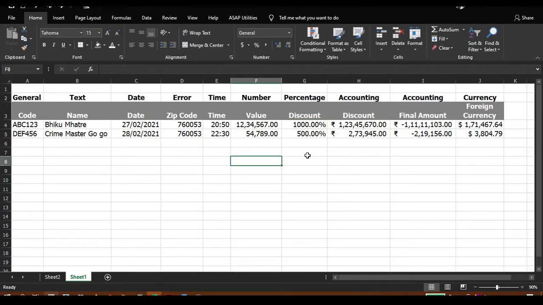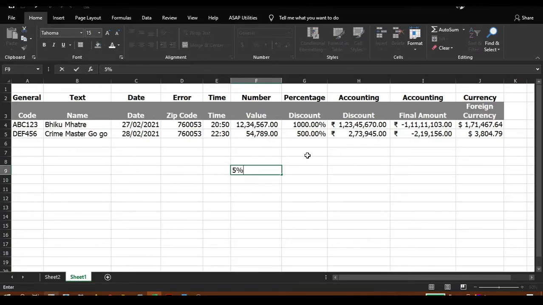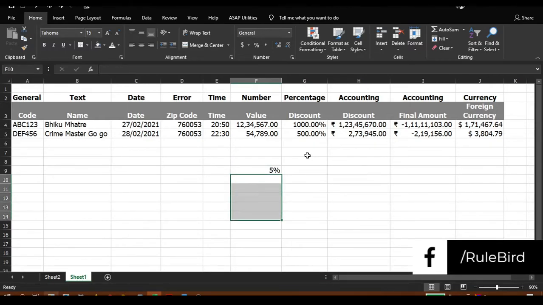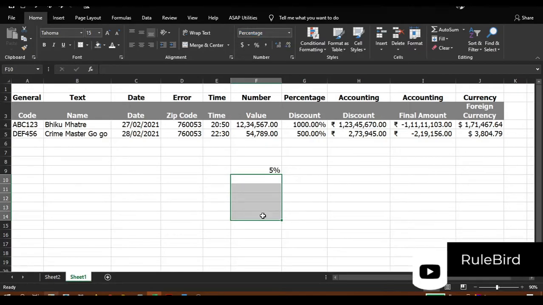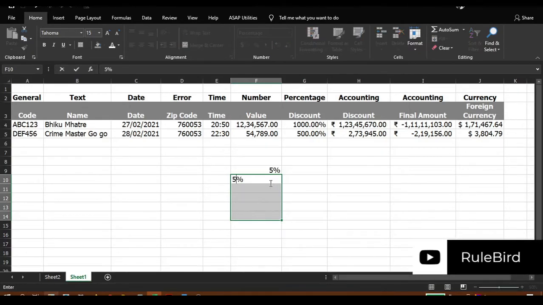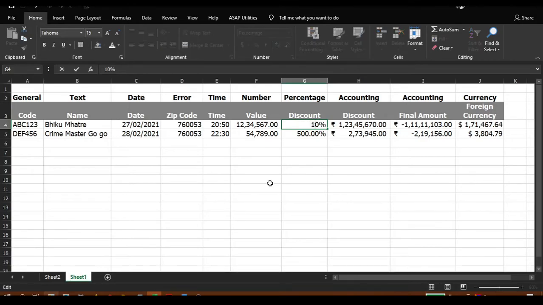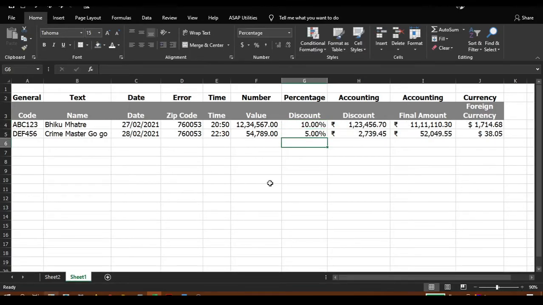So for data entry, it's just better to include percentage style like this to enter percentages. Before entering this data, if I want to enter percentages over here, I can just select this and type percentage. And now when I enter any data, it will be in the percentage format. You don't have to apply percentage again and again. You can see over here that discount is applied wrongly. So now we need to correct this data. So I'm deleting the wrong data. Now you can see the format is applied correctly.